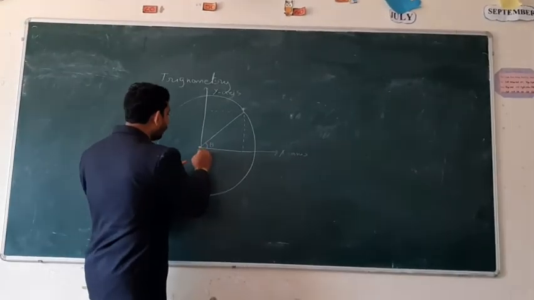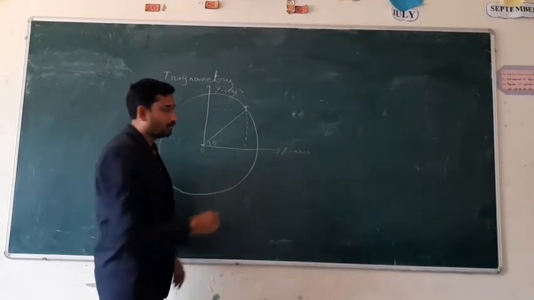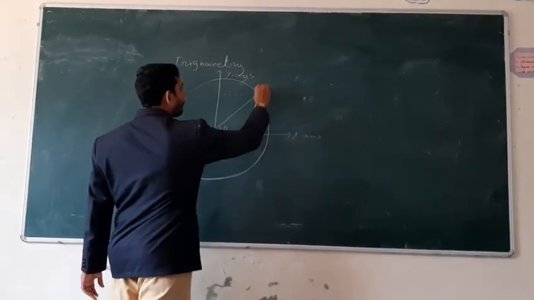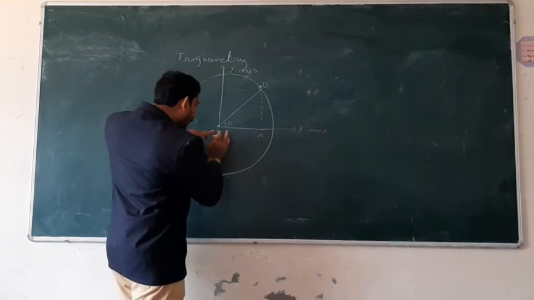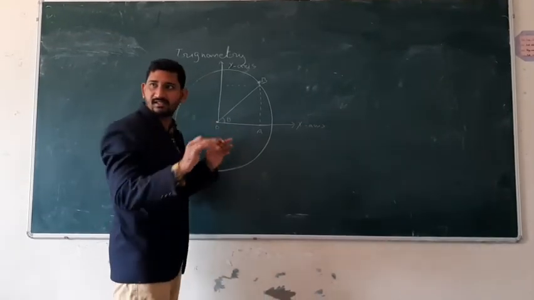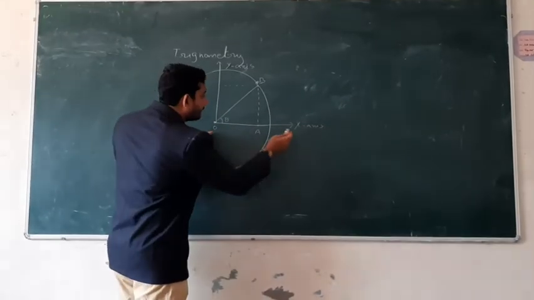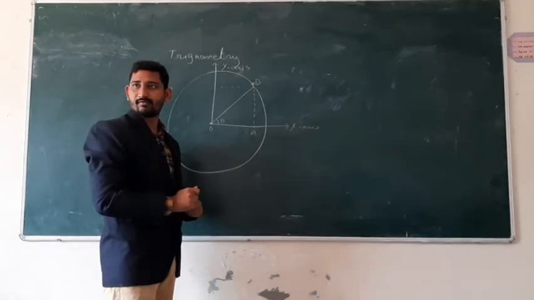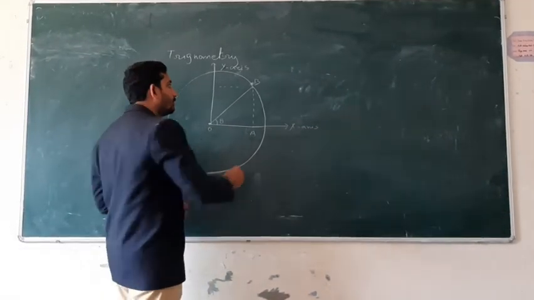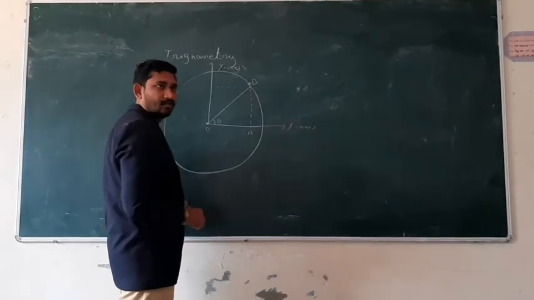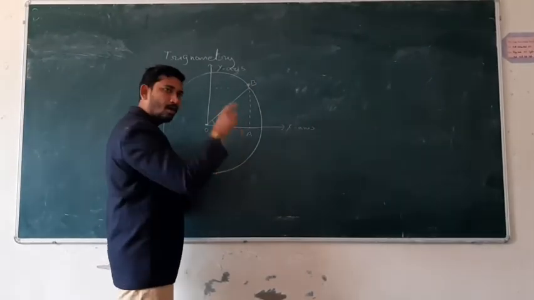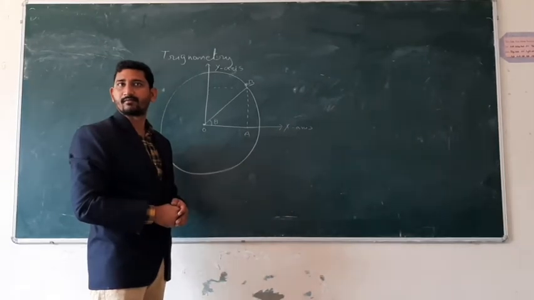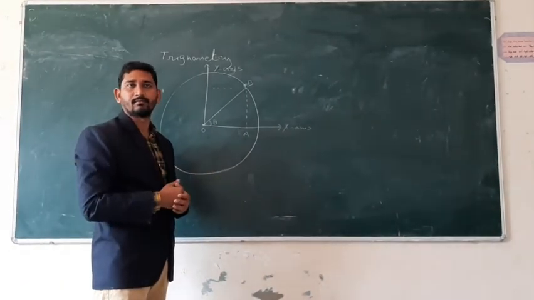We have to find out this length. Take the origin as O, A, B. Now I want this length. How much distance did it cover on the x-axis? I want to find out this length. How to find it out? See, this is not a chord. This is some part of the radius. How can we find it out?